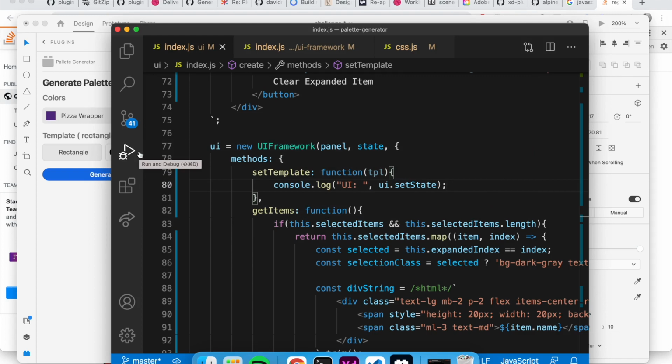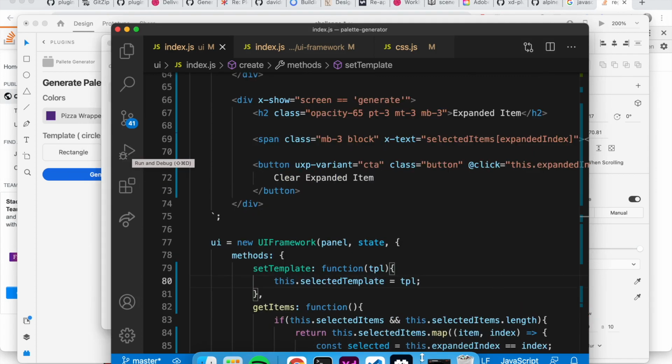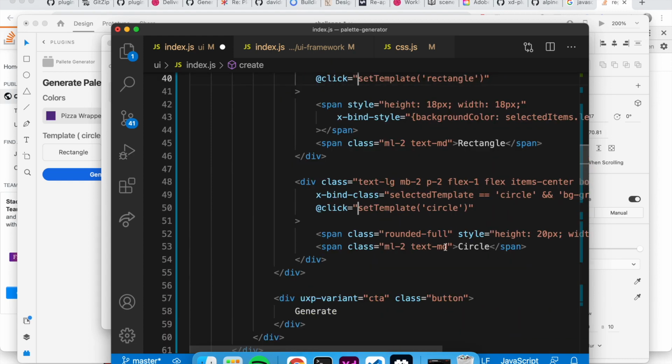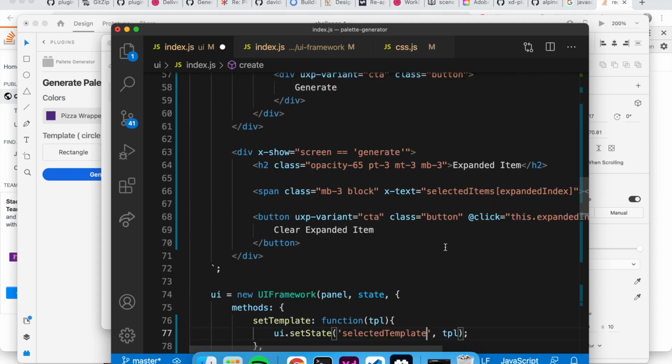Okay, I'm going to pause again. Okay, sorry again about that. So it turns out I was just being silly here. If you revert back to what we had before, it used to just say this the selected template. So basically what I was supposed to do is